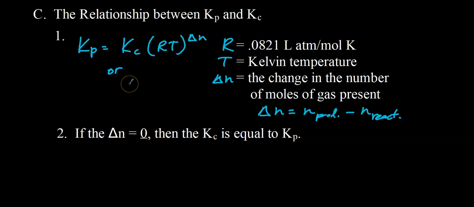The other form, so this is if we're given Kc, we can use that to find Kp. What if we are given Kp and asked to find Kc? Looks pretty similar, except we have to the negative delta n. So multiply R times T times delta n. Now this is not based on the actual number of moles of reactants and products, but the relative number of moles of reactants and products from the balanced equation in the reaction. So of course, if delta n is 0, RT to the 0 is just 1, then Kp is equal to